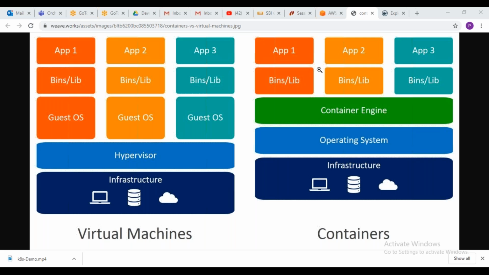Both are providing isolation. If the application is converted into a microservice and that microservice runs on a VM, spinning up the VM takes time. The second thing is it utilizes a lot of resources, CPU, RAM and storage, and wastes them. Here it is not wasting any resources; whatever you want, even millicore CPUs, you can give.